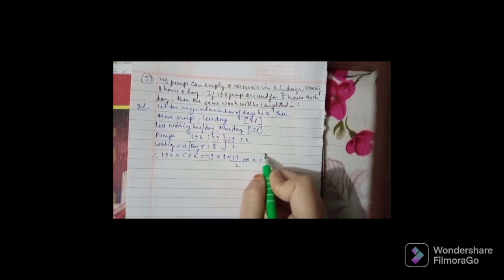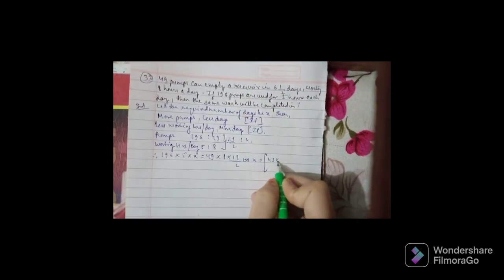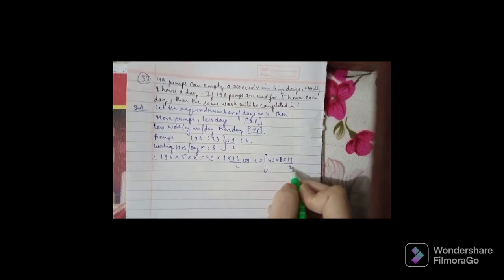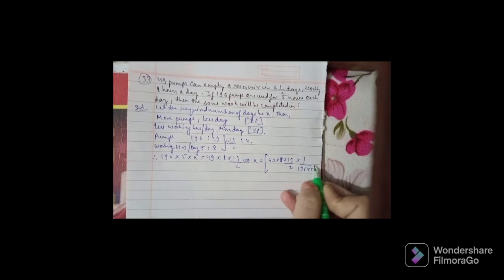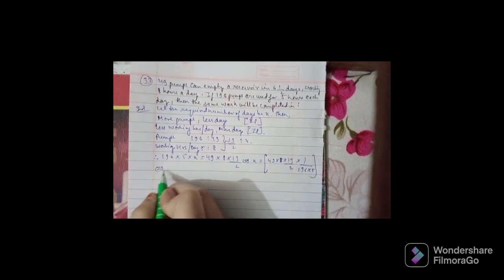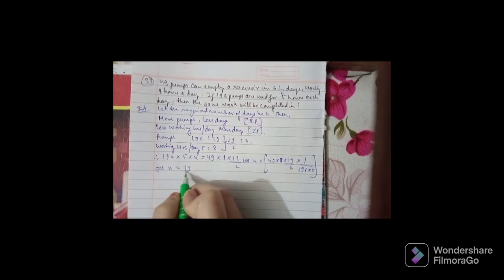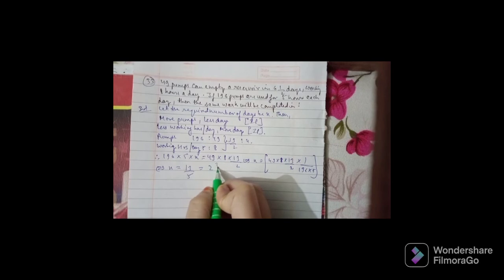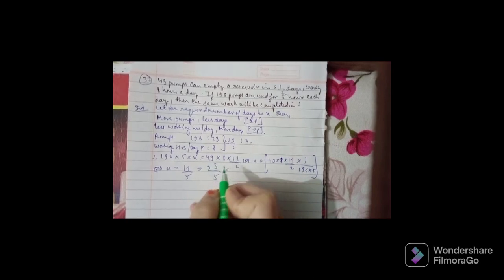So further x equals 49 into 8 into 13 by 2 into 1 upon 196 into 5, and that gives x equals 13 by 5, which is 2 3 by 5, and that we get